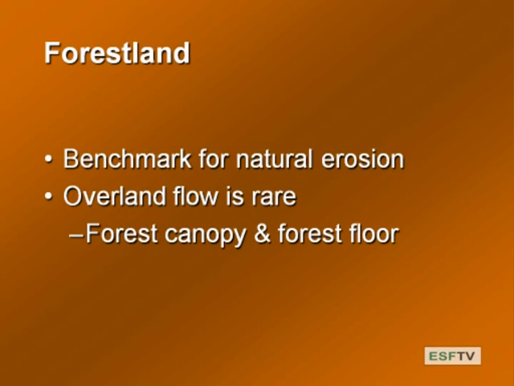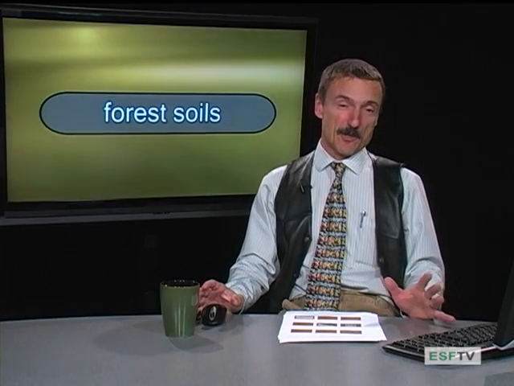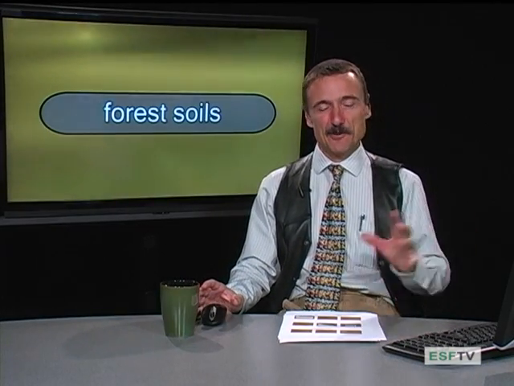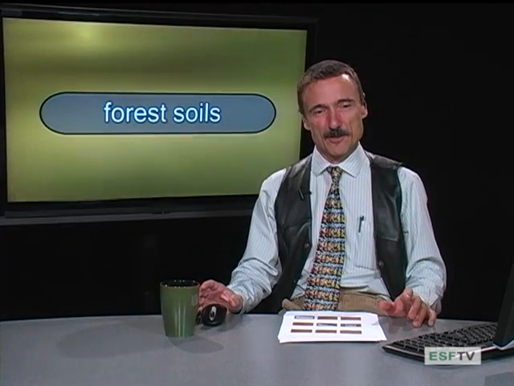Okay. So we've talked about erosion, we've talked about wind erosion, we've talked about water erosion, and now we come up to forest lands. And so forest lands are kind of the benchmark. So originally when we talked about erosion, we talked about accelerated versus natural. Accelerated erosion, everything due to the impacts of man. And then geologic erosion, natural rates. So we kind of use forests as the benchmark. We equate that with natural rates of erosion.